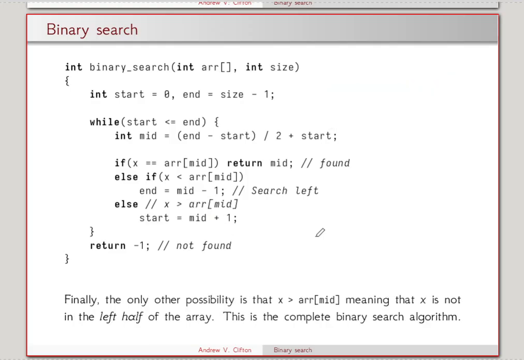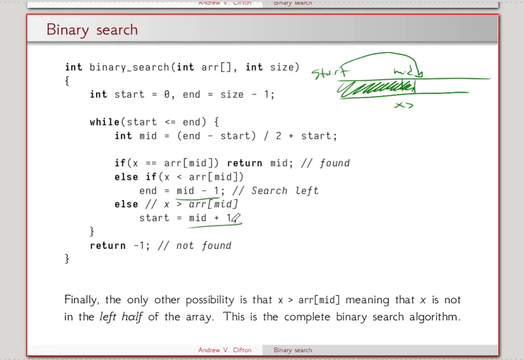On the other hand, if it's greater than, we do the opposite, right? So again, if I have my array and I'm looking at an element in the middle of it, and x is greater than that element, then that means I can rule out not just the midpoint, but everything to the left of it. So the way that we do that is we take the start and we pull it to mid plus 1, the first element in the right half. So this is the complete binary search algorithm right here, with the loop that keeps running. The mid minus 1 and the mid plus 1s that we do, those are what make it so that